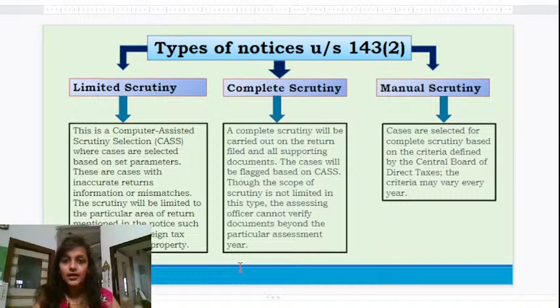If there is any mismatch, it will be limited scrutiny. If they find major discrepancies in your income tax return, it will be complete scrutiny. There will also be manual scrutiny on criteria defined by CBDT, which may vary year to year. So it's not any particular thing.